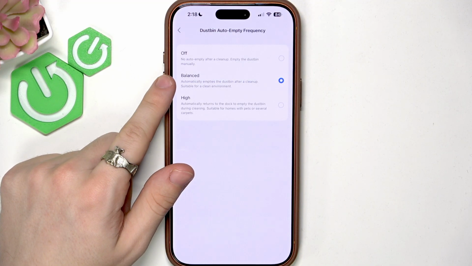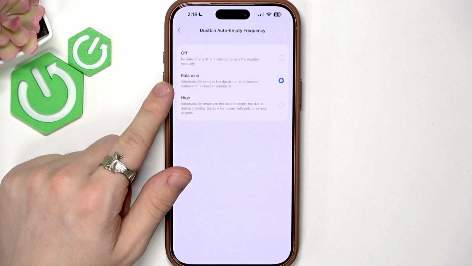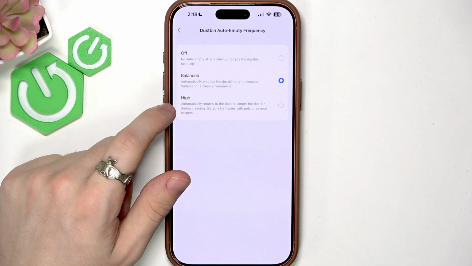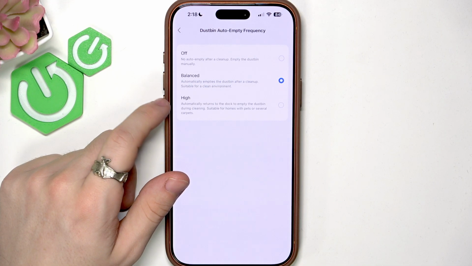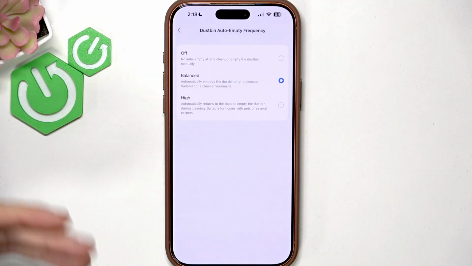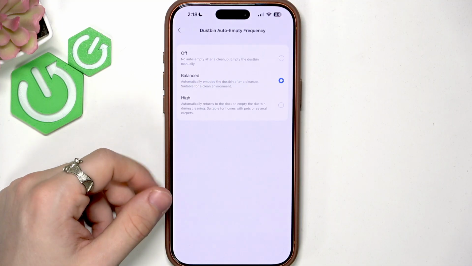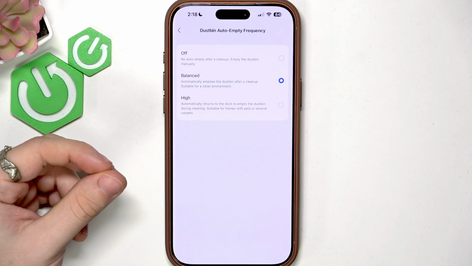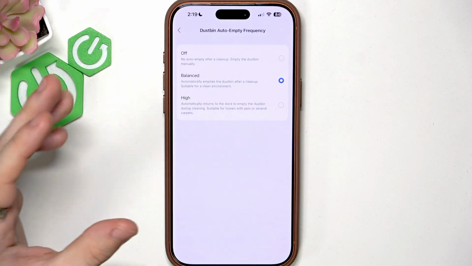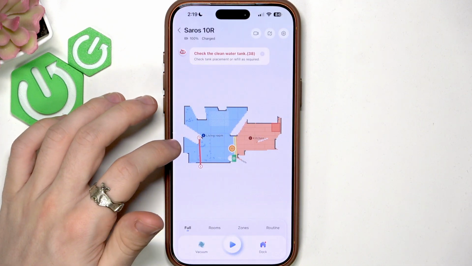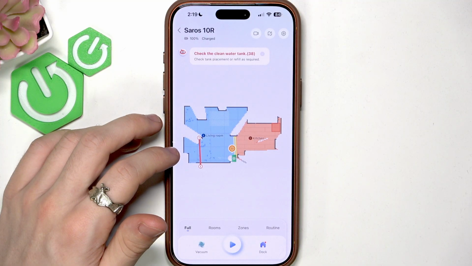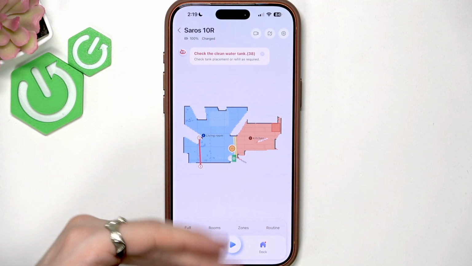can set it to balanced, which will do that after the cleanup, or high if you have homes or several carpets. Then the high one would be more suitable because it can then return to the dock to empty the dustbin during cleaning. Now, as I said, I'll show you how to empty the dustbin into the dust bag automatically, but